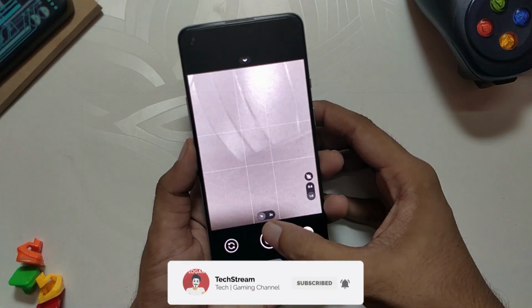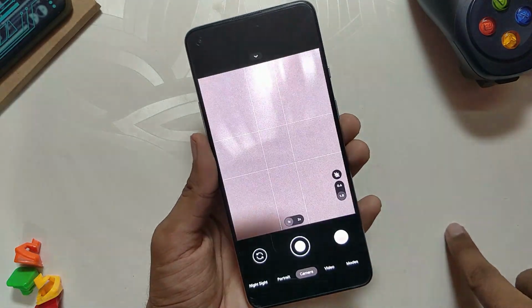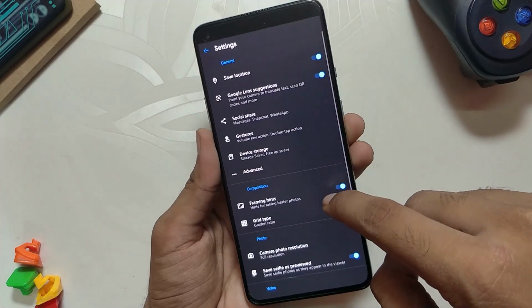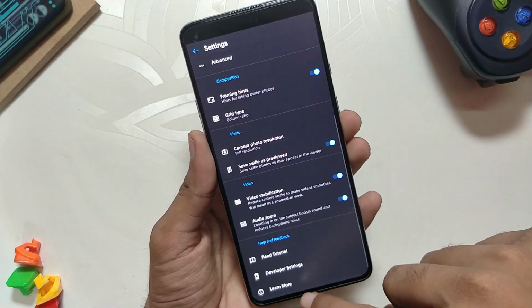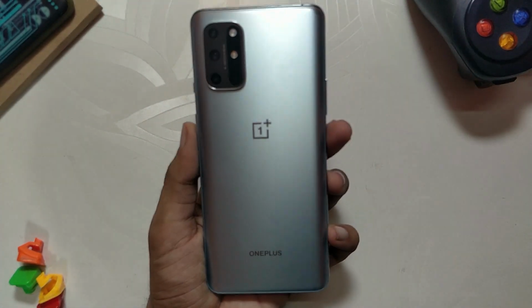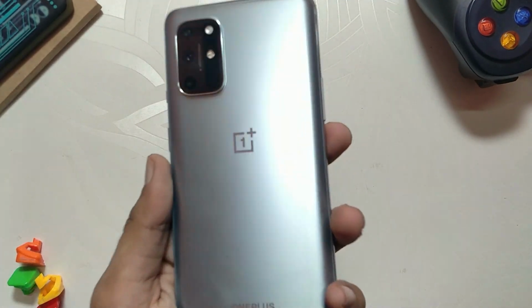So as a final verdict, Gcam just works flawlessly and most of the modes and features are working fine. Overall, Gcam keeps most of the details in the photos, and the photos are as natural and color accurate as possible. It can be really beneficial if you are a photographer and you edit the photos after capturing them. I highly recommend you give Gcam a try and you will be blown away by the results.